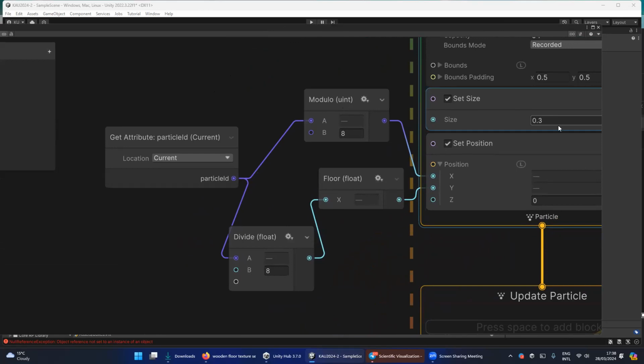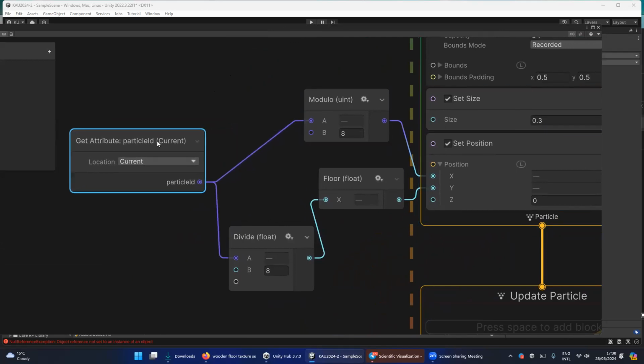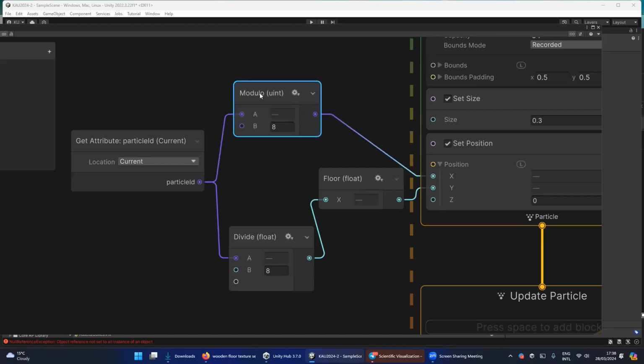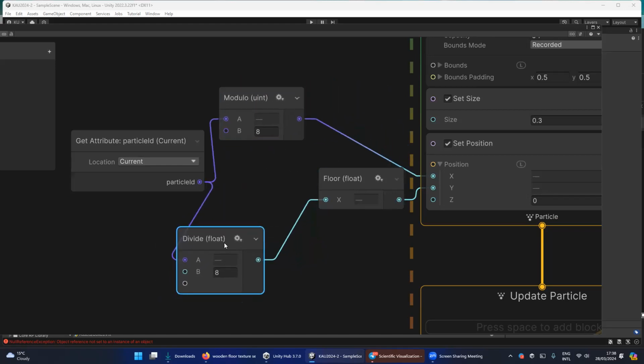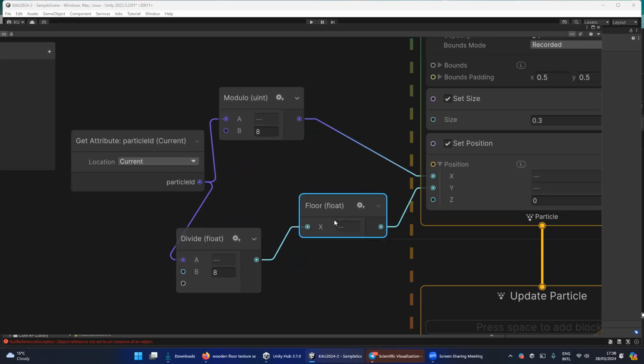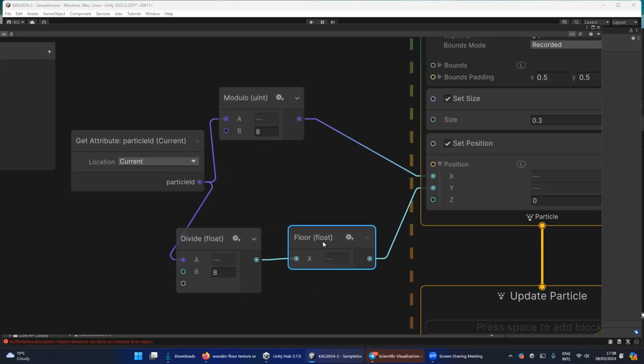If this box is too big, then they will touch each other. And if you want to scale, what you can also do is scale the position, because this is getting an integer number and converting it to a 2D coordinate. So I have numbered particles from top down. If I don't like how close they are,